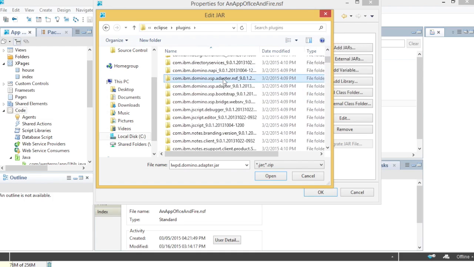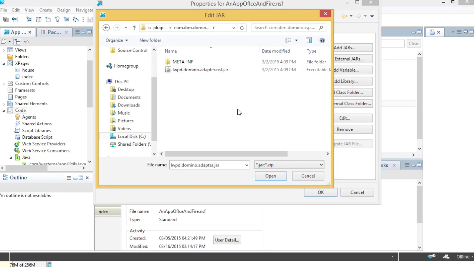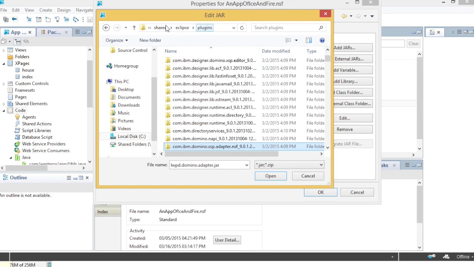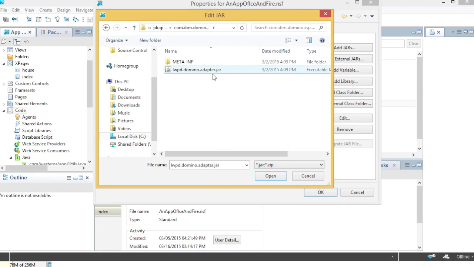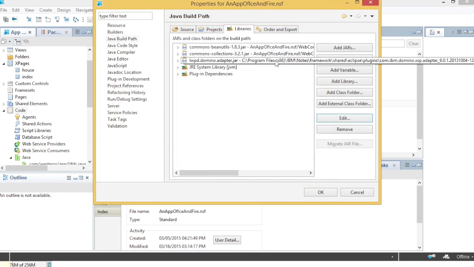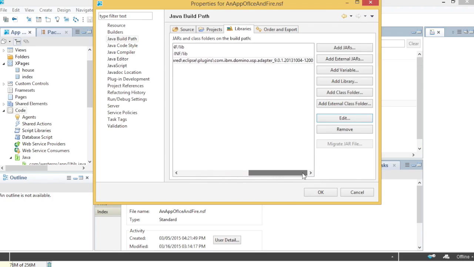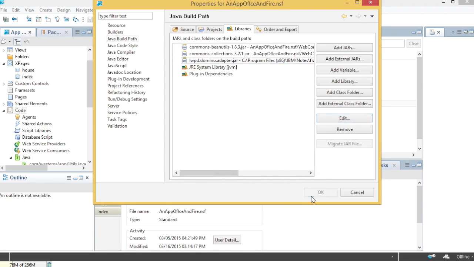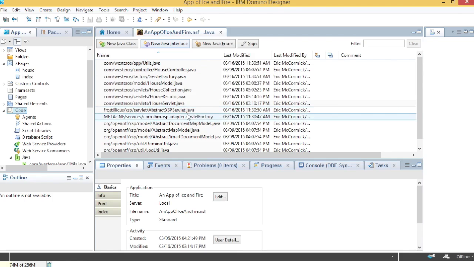Designer XSP Adapter NSF. And as you can see, not the NSF, there's the other one. There's two. There's the NSF and the other one. As you can see, this one is what I'm looking for, the not NSF one, and that's what makes it work. I'm not actually certain why I was able to do the import earlier without having this in my build